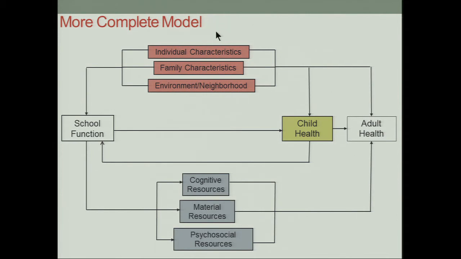The other thing that I want to acknowledge is that there are a whole host of factors that probably make it both easier for a child to do well in school and also help them be healthy. Many of these are things that we look for in our families when we're trying to identify who the most vulnerable children in our practice are. These are things like having a developmental disability, living in poverty, or being exposed to violence, for example.